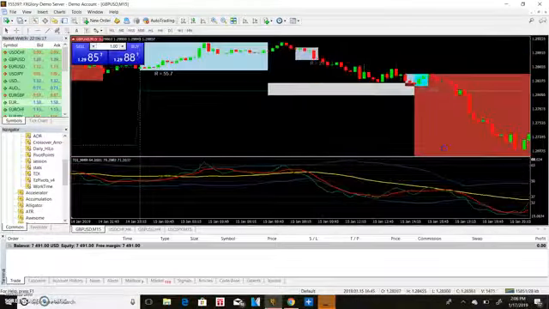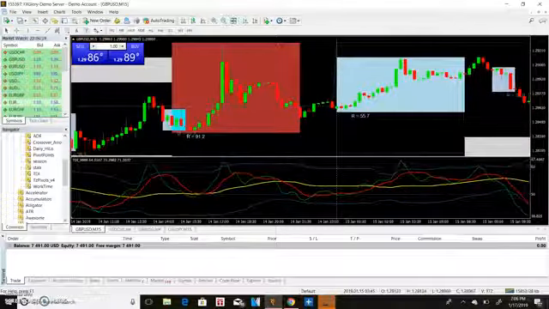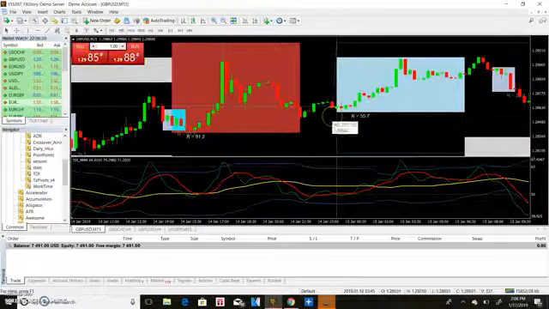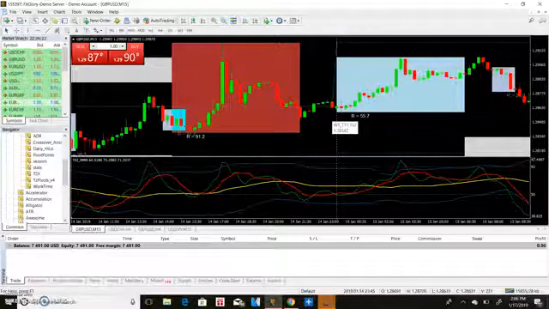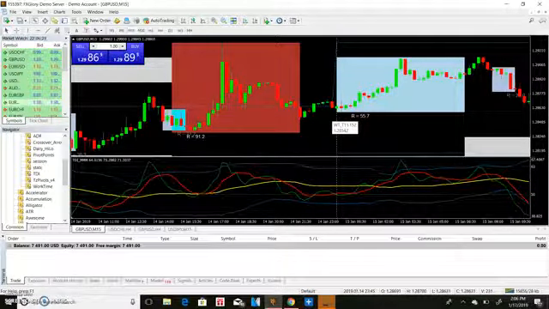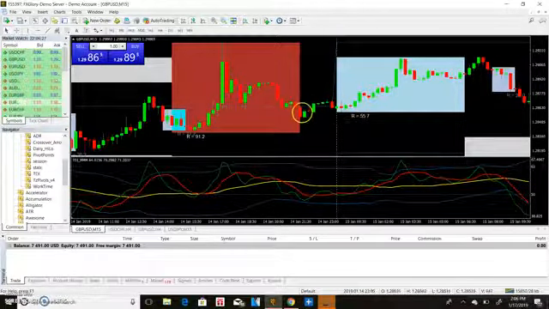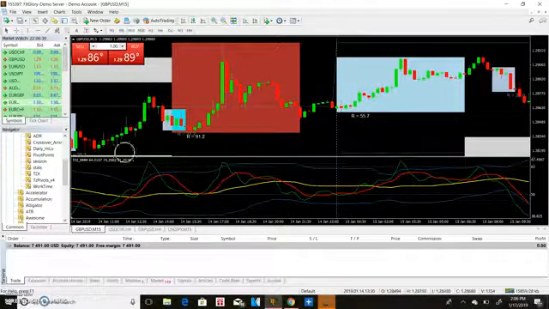Okay, looking for some setups. Most of the time I tell people, do not trade unless you see setups. If you don't see any setups, then do not trade, because you will lose. All right, only trade when you see setups, right? Okay, so for instance, guys,